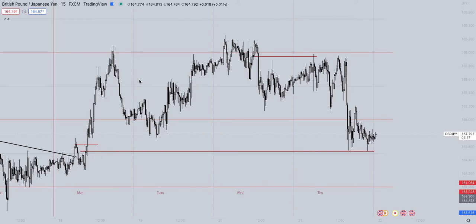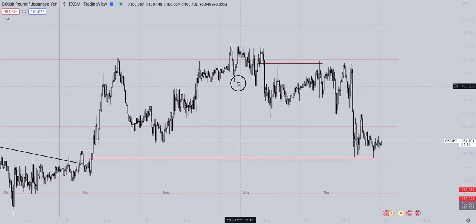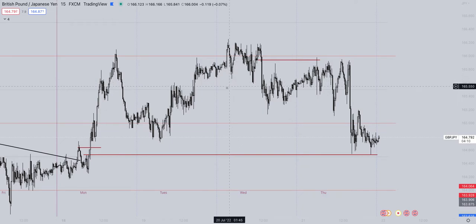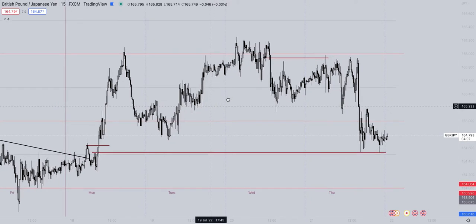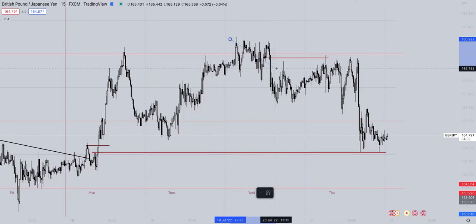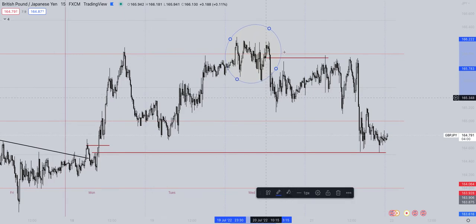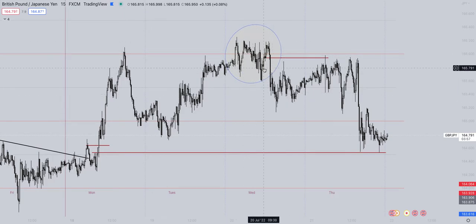So the first thing really is training your eye to see peak formations. By peak formations I mean this area here, so the highs and lows of the week really. Being able to see when a peak formation has been put in place is really useful because, depending on your strategy, obviously if you're a scalper it's not going to be too relevant, but most strategies